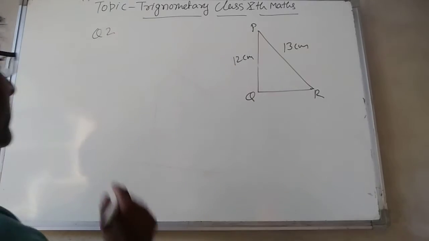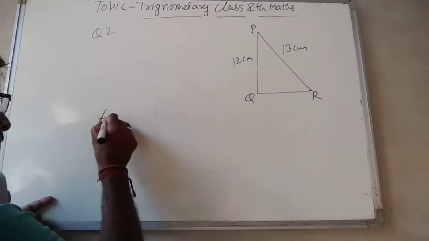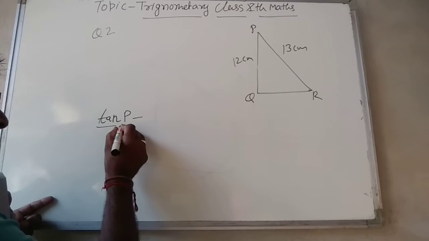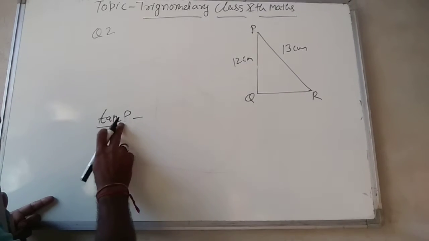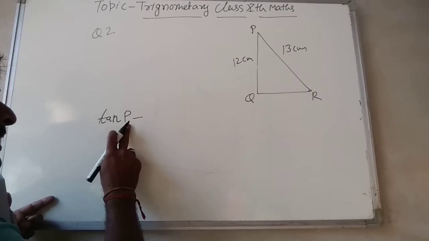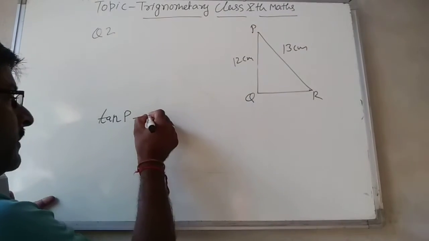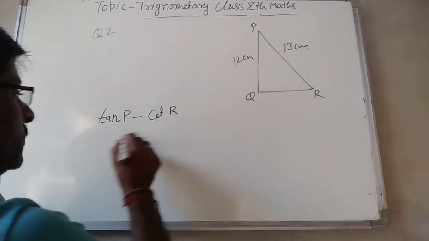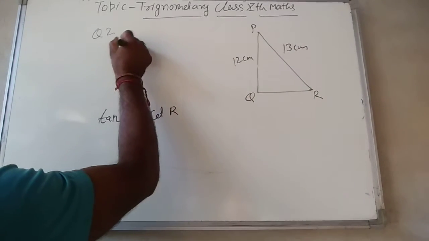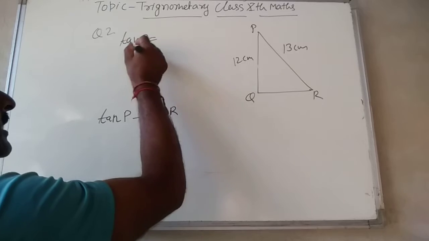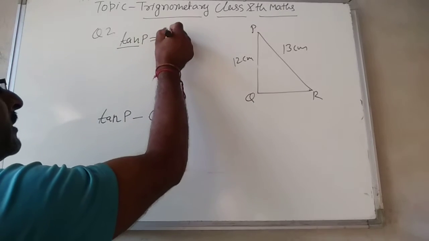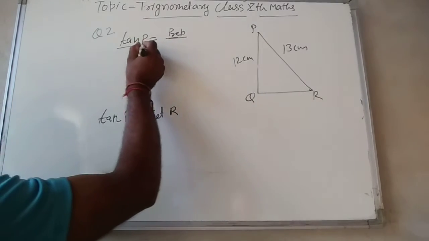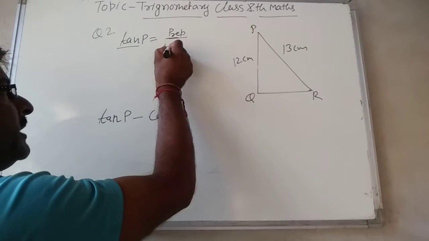So we have to find here tan P minus cot R. You always use the capital letter to indicate the angles, name of angles. P is the name of the angle, minus cot R. So to calculate this one, we have to find tan P. तो फर्स्टली आप tan P फाइंड करेंगे. रेशियो फॉर टैन इज परपेंडिकुलर अपॉन बेस. पी आर ई पी अपन यूज कर सकते हैं इसको बिकॉज पी इज यूजिंग. सो परपेंडिकुलर अपॉन बेस.